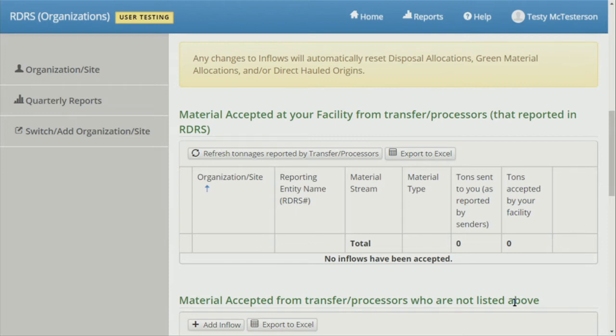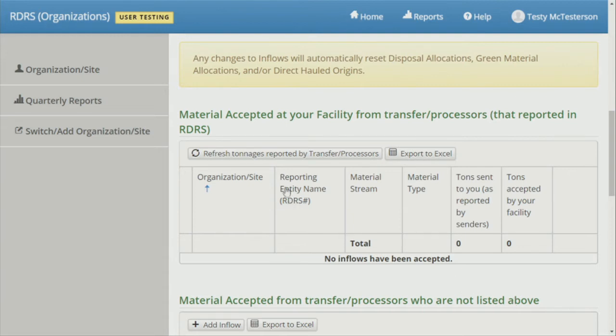So you'll either accept, modify, or reject those incoming tonnages. And no data will be accepted into the report by default. Even if the tonnages are correct, you still need to assign disposition to each item in the table: accepted, rejected, or modified. If another transfer processor submitted their report after you have already opened yours, you can check to see